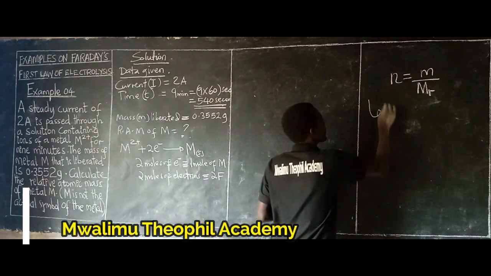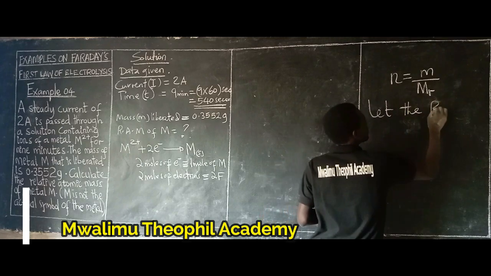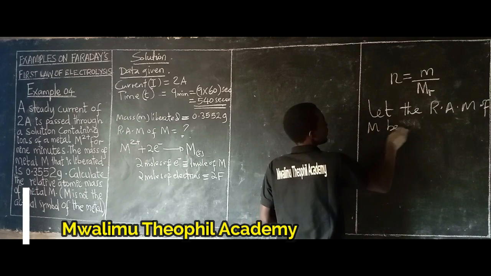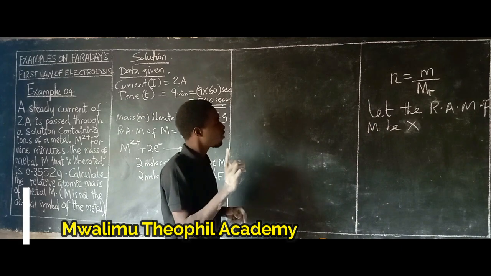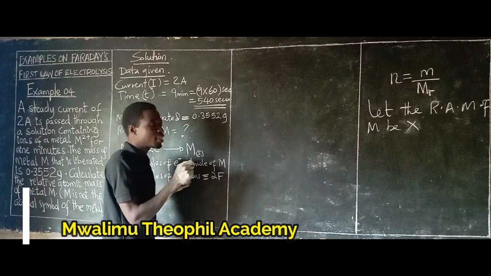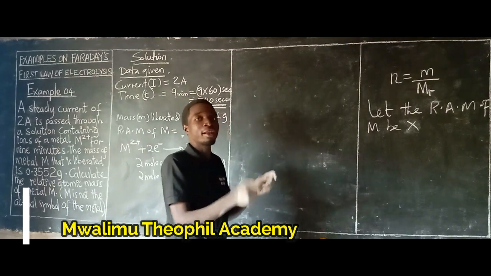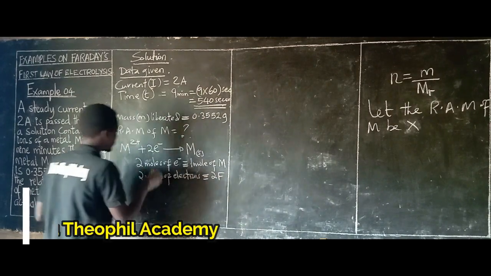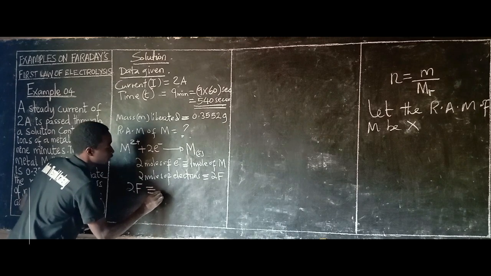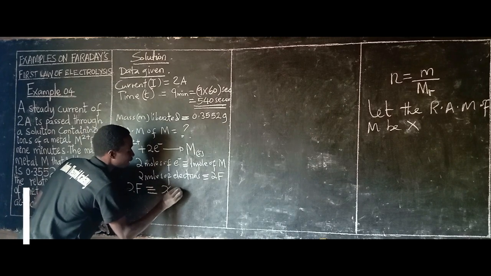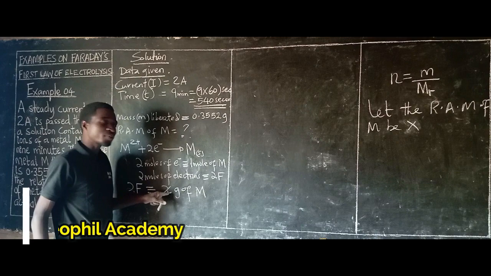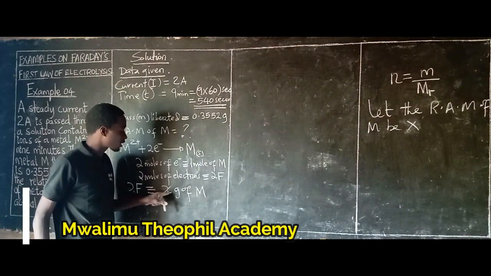If we let the relative atomic mass of M be X, then for 1 mole its mass is equal to the relative atomic mass. Now we say that 2 Faradays are equivalent to X gram of metal M,